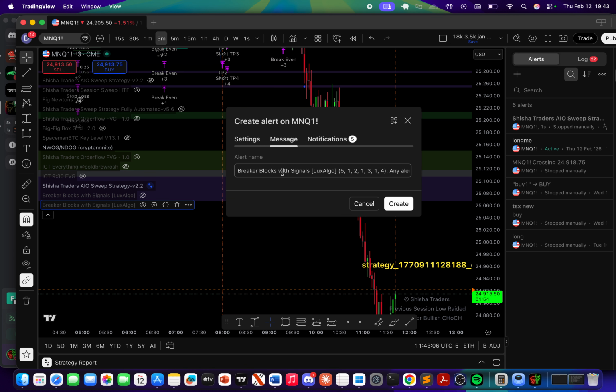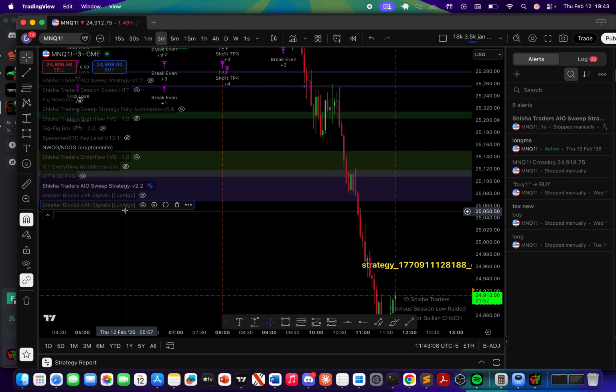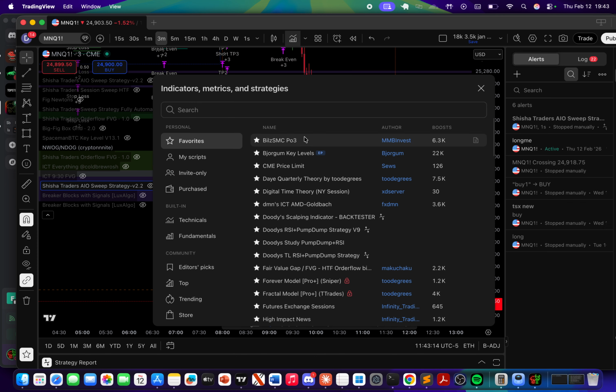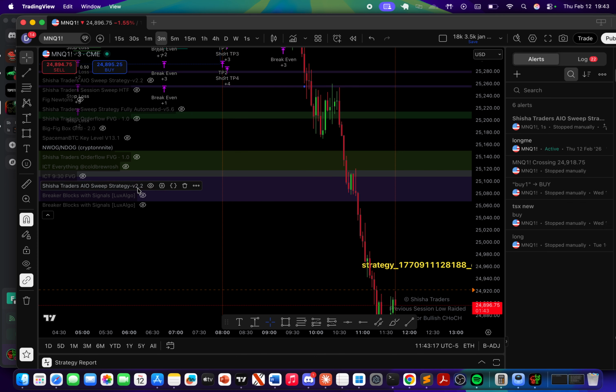This one pretty much doesn't give any alert, it gives placeholders. Our Shisha indicators give everything. Trendline gives nothing. Any indicator right now, as long as it lets you create an alert, just an alert, you don't need anything else, you'll take the trade. And 99% of them do. Some of them don't. All you have to do is